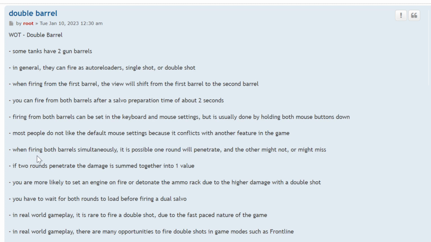When firing both barrels simultaneously, it is possible one round will penetrate and the other might not, or it might miss, or they both might miss. They might hit two different plates. If two rounds penetrate, the damage is summed together into one value. I think if you hit the same plate with both rounds, it gives them both the same RNG,